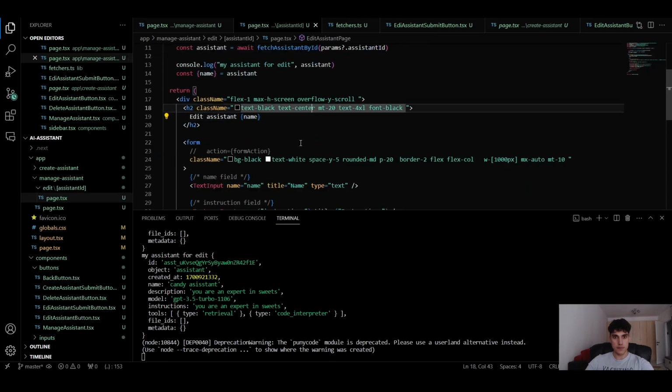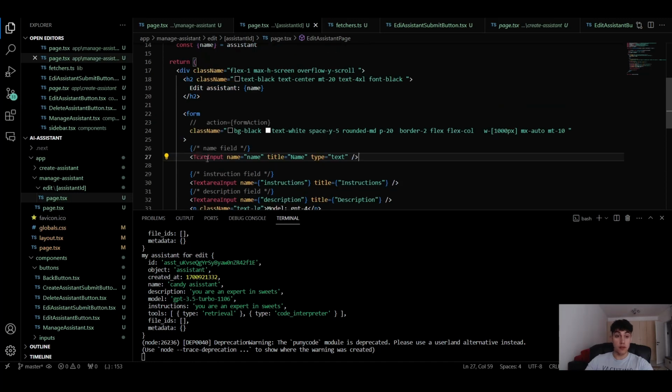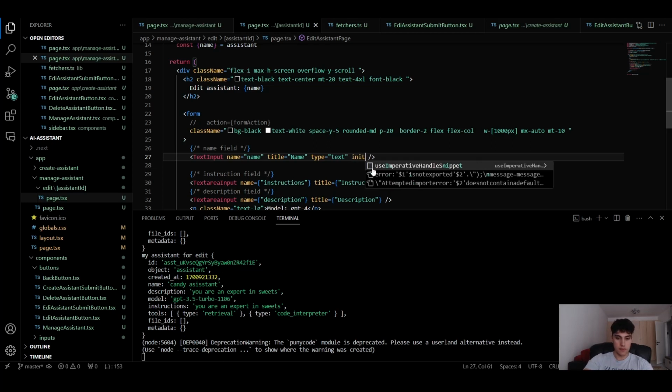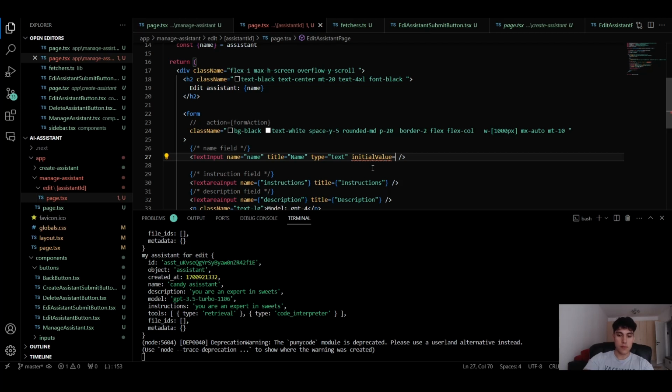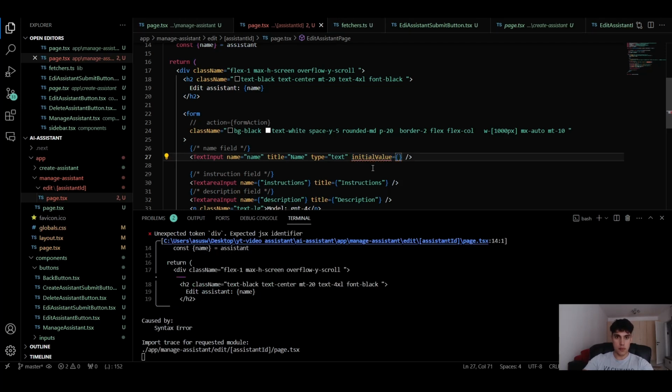Alright. Now here inside the text input we need to give an initial value that is gonna be the name field. Let's say initialValue equals to, let's put here the name,